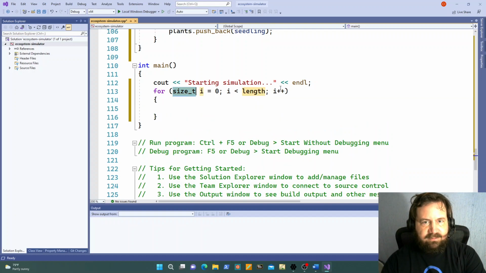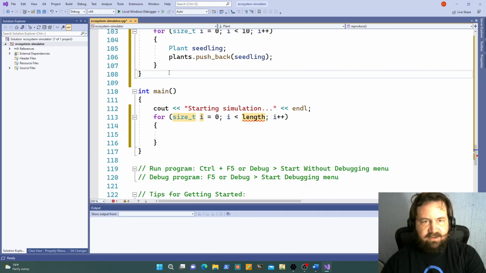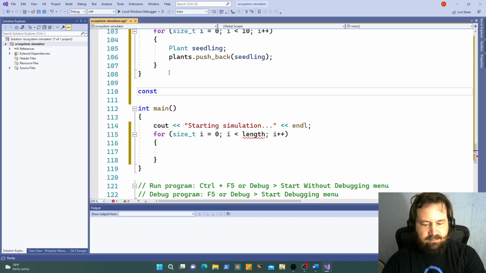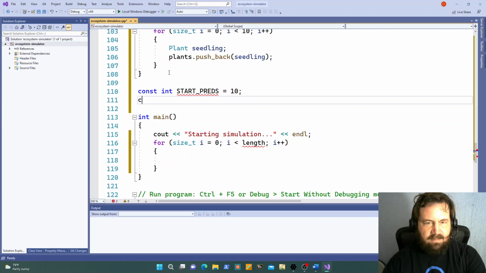So for 1 to, well, make a couple of constants here. const int startPreds equals 10. I have to tell it that it's an int. const int startPraise